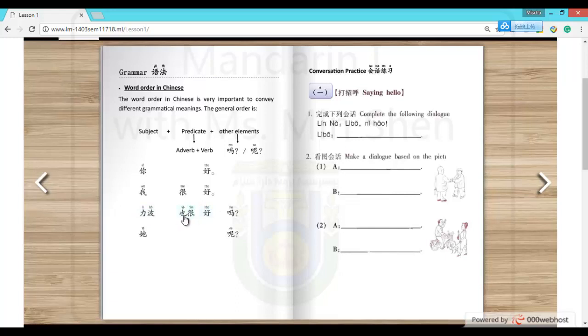If there is more than one adverb, somehow you have to pay attention to the order of these adverbs. 也 always before 很. 立波也很好. So if there is a full stop here, then this sentence finishes. 立波 is also very good. But we can put other elements afterwards and change this full sentence to be a question.